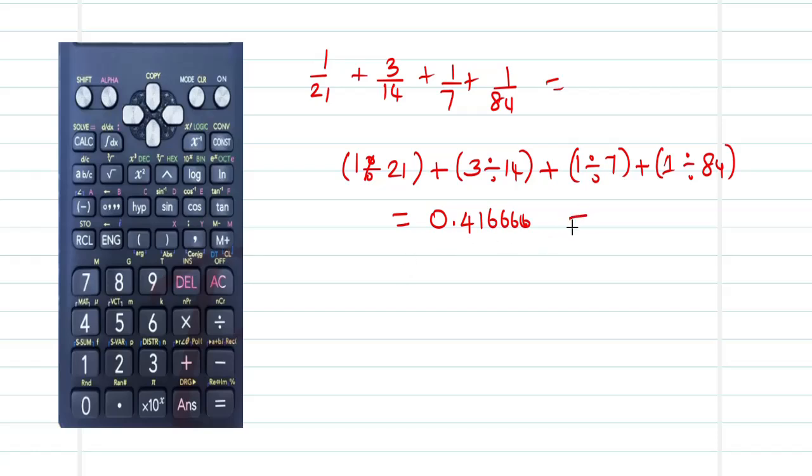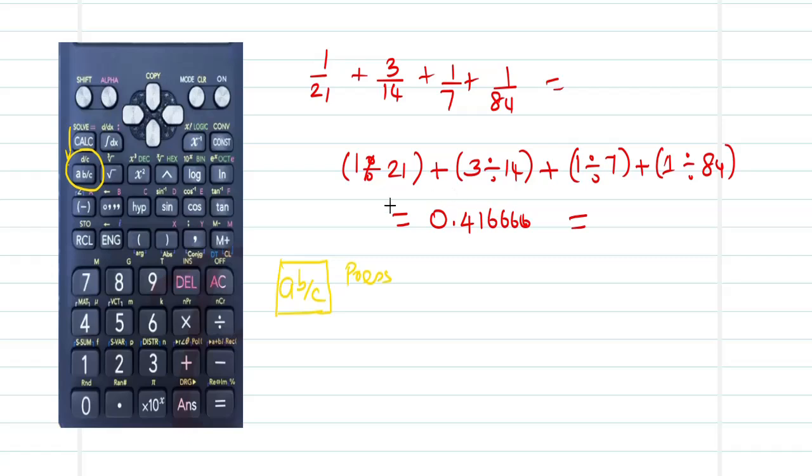If we want the answer in terms of a fraction, then when you look at your calculator, there is a button over here called A, B by C. I suppose you will be able to locate this button just below the CALC button. So this is the magic button which is going to help us evaluate the decimal in terms of a fraction. The moment you press this button,